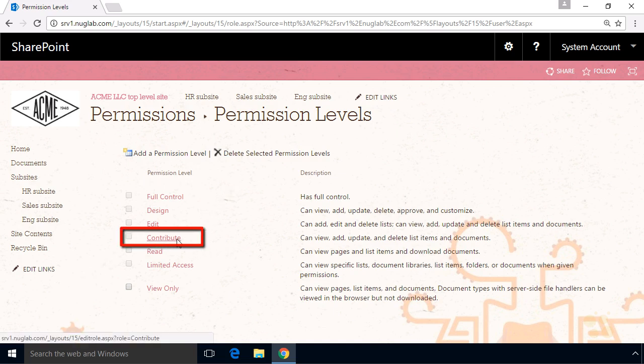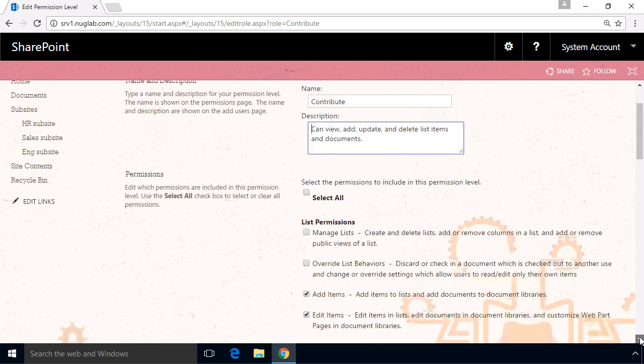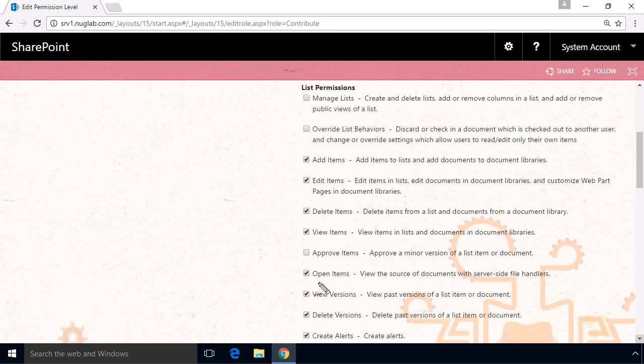I'm going to go ahead and simply click on this Contribute permission level. And what that does is it shows us all the nitty-gritty permissions that are associated with that permission level called Contribute. So if we scroll down, there are lots and lots of detailed permissions. This permission level called Contribute has all the features where we have a check in the checkbox. So we can notice that one of the features that the Contribute permission level doesn't have is the ability to